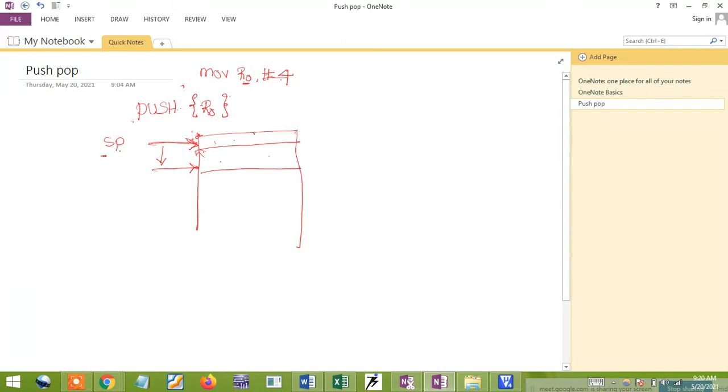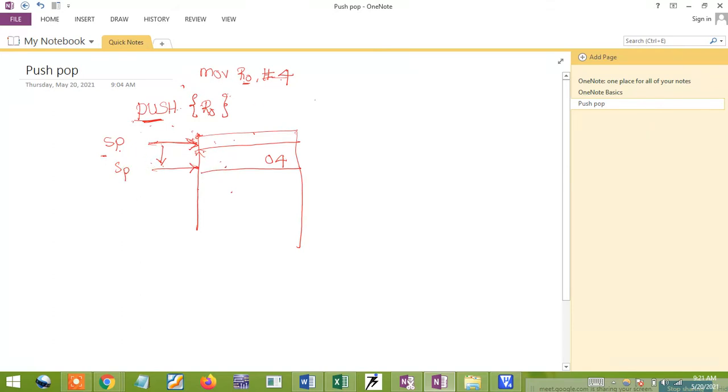So I get the value 4 here. Again, if you have a push instruction, the second data will be stored in the memory, and this process continues. Remember one thing: the stack pointer is usually at the top of the memory. Once push comes, the stack pointer is decremented, and then the data is stored.